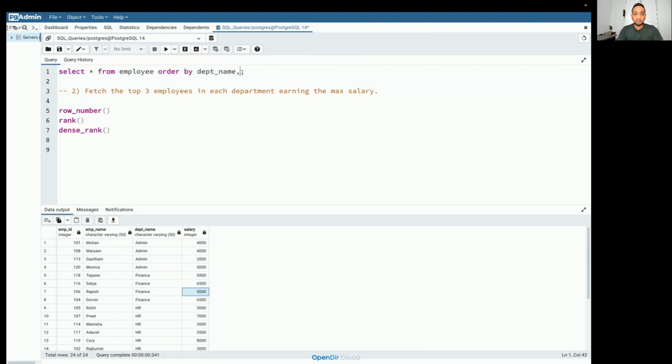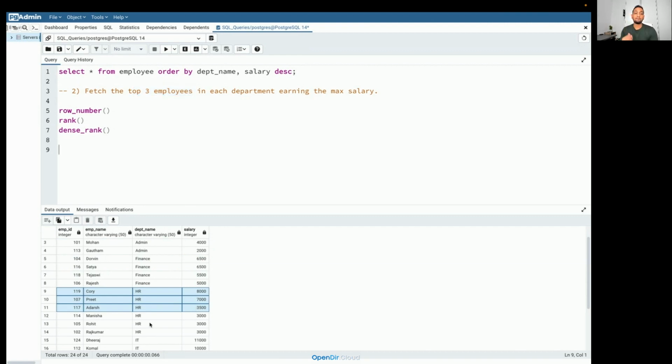So how I can do that here is just by adding salary, but salary should be highest at the top, so salary in descending order. When I say salary in descending order, the descending order is only applied to the salary column, not to the department column, which by default will be in ascending order. Now when I run this, I'm getting the data that I want, but from this data I only need to fetch the top three employees for each department. So I need these three from the admin department, then these three records from the finance department, then these three records from the HR department, and so on.